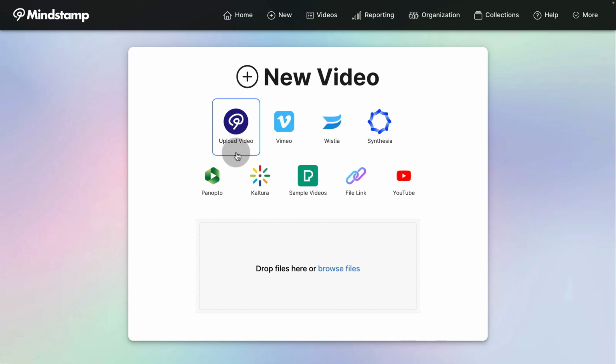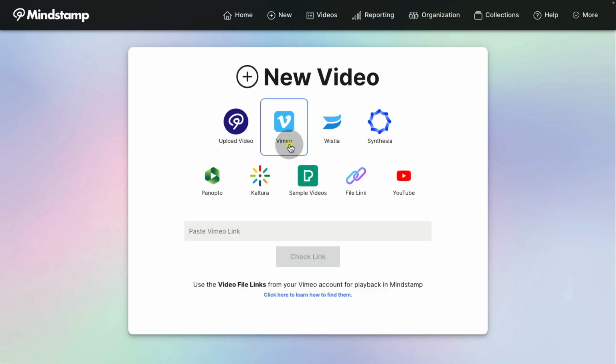You can upload your video content directly to Mindstamp, and we'll transform it into an adaptive stream that works great across all devices. But for your convenience, we also let you use third-party video content within the Mindstamp interactive video player. If you have video content hosted on Vimeo already, you can copy the video file links into this box to import it. You can also grab content from Wistia, Synthesia, Panopto, Kaltura, or even links to video files hosted